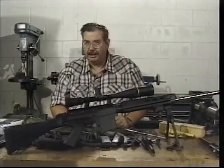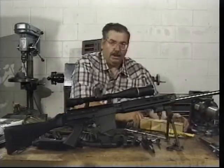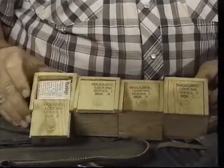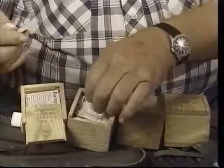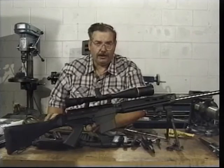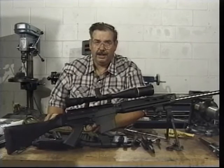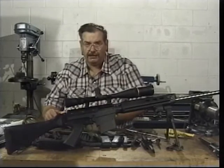Now when we were head spacing the gun, we had various head spacing shoulders. What we have here is a complete set of head spacing shoulders. You'll notice there's quite a few little boxes, and each one has recesses, and in fact shows all the different numbers that are available. If you're going to work on FAL rifles, this is one of the essential things you're going to need, various sizes of lugs. Because unless you have a surface grinder, you can't modify any of the lugs to fit another gun. These are available from various dealers such as ASF Lithgow,